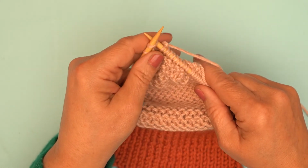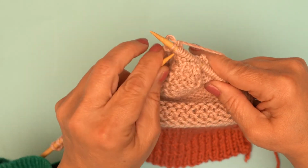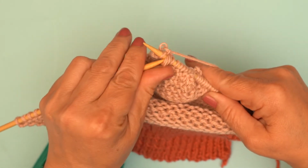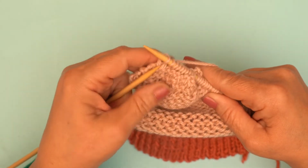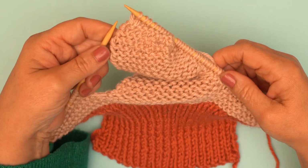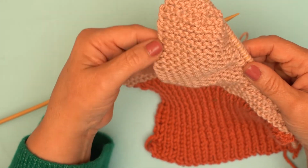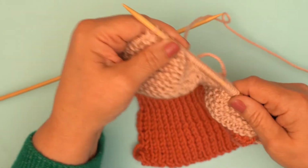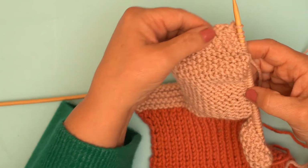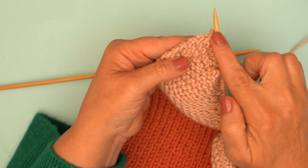SKPO, which is we slip 1 and then we knit 1 and then pass the slip stitch over. Now the slip stitch is just that 1 second to last, and we just lift that over, and that creates an angled decrease. So the next thing we do is we're going to pick up 23 stitches along this side of the instep. This is the other side, so it's 20 stitches on this side and 23 on this side, and the reason for that is that we've got the extra stitches here from the